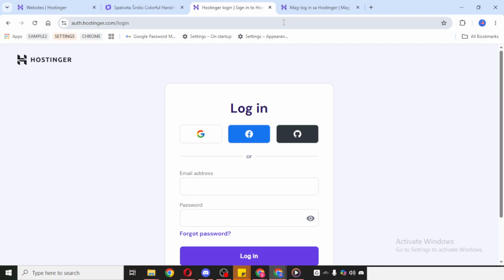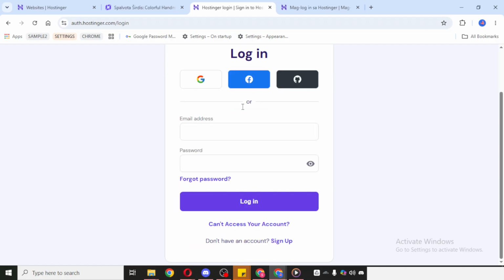Once you're on the home page, look for the login option and click it. This will take you to the sign-in page where you would normally enter your account details. Since the goal here is to recover access, you won't need to try multiple passwords if you already know you can't get in. On the login page, find the option that says you can't access your account.